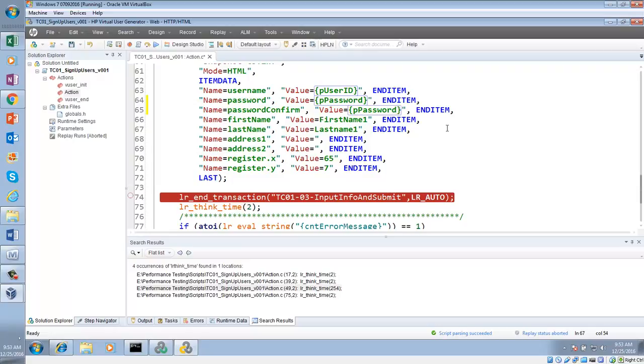Now take a look at one thing here. These user IDs, we have already registered them. If I want to remove these user IDs and put new user IDs, what will I have to do? Just add a numerical value to it. You can change it from the parameter. How will I do that? Will I be doing it manually, one by one? No. How am I going to do that?